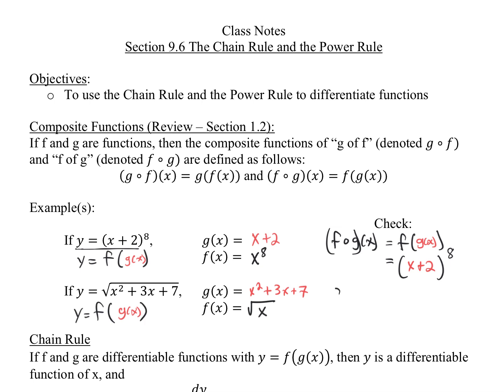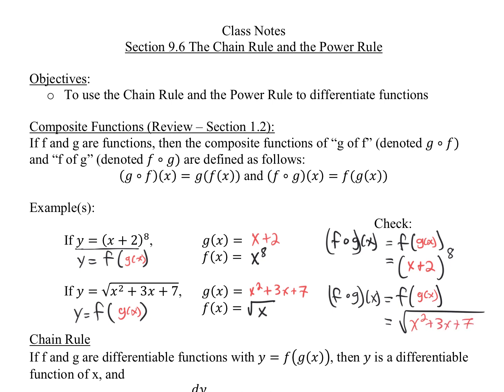So we can check this. What happens if I actually compose these two back together? f of g of x is equal to f of g of x. So what we get is we start with the f function as the square root of something. Then anytime you're writing f, you have to replace the x value with the entire g function, because the entire g function is inside of f. So all of this goes in place of that x value,